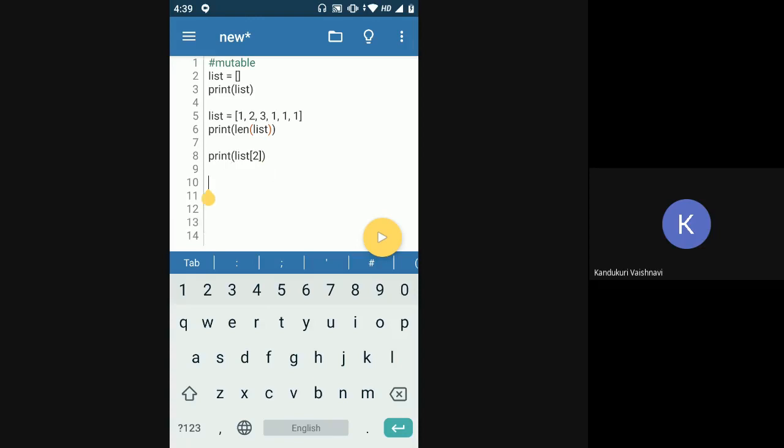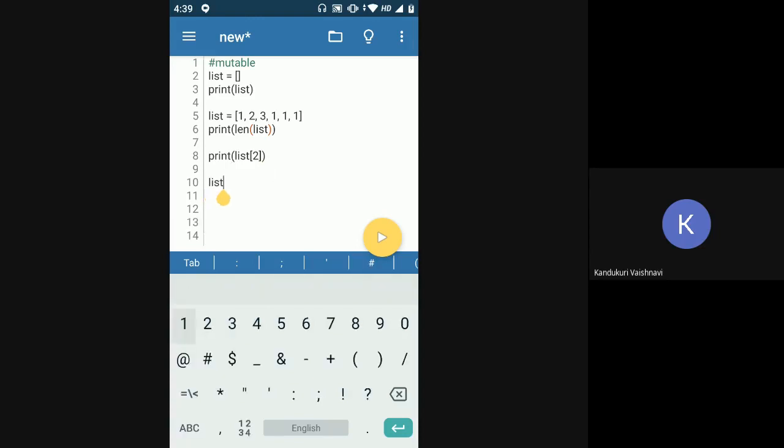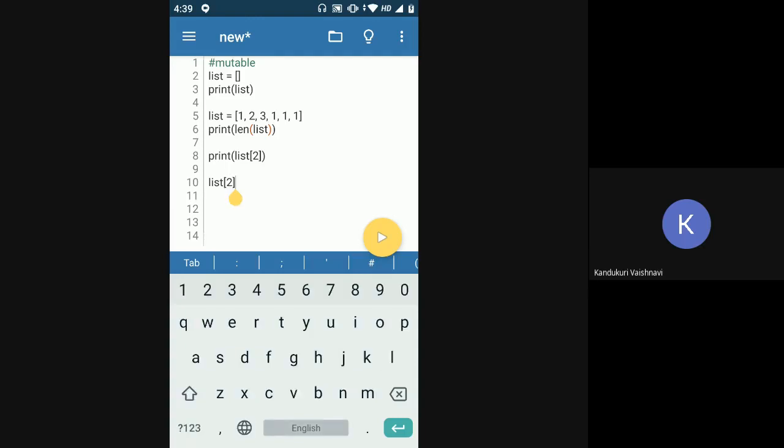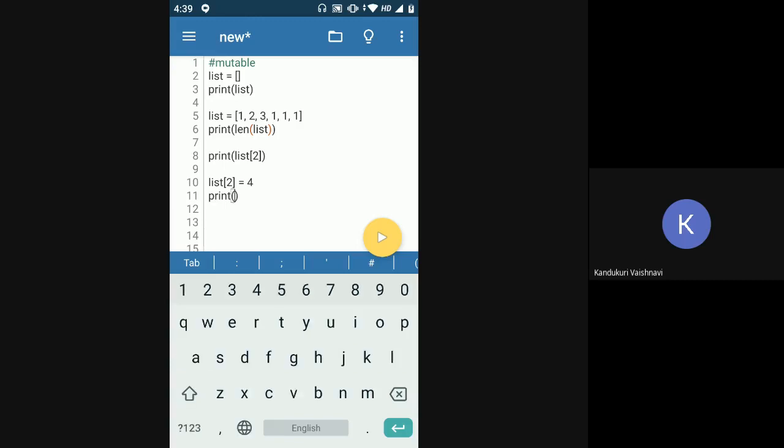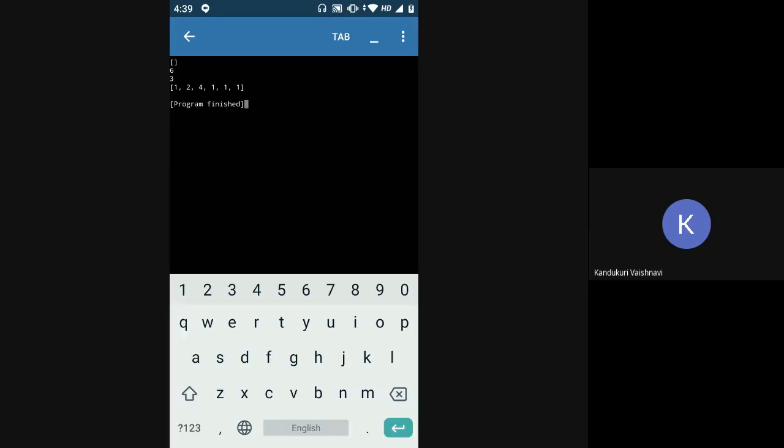So I can say list of 2 is equal to 4. Instead of 3, now that 3 value will be removed and 4 will be inserted at that point. You can see that the 3 value got removed and 4 got added in place of 3.